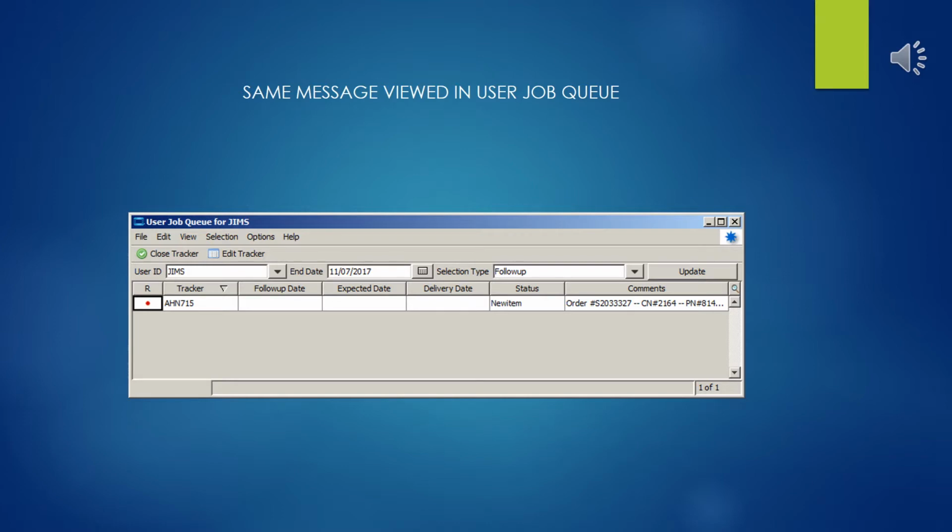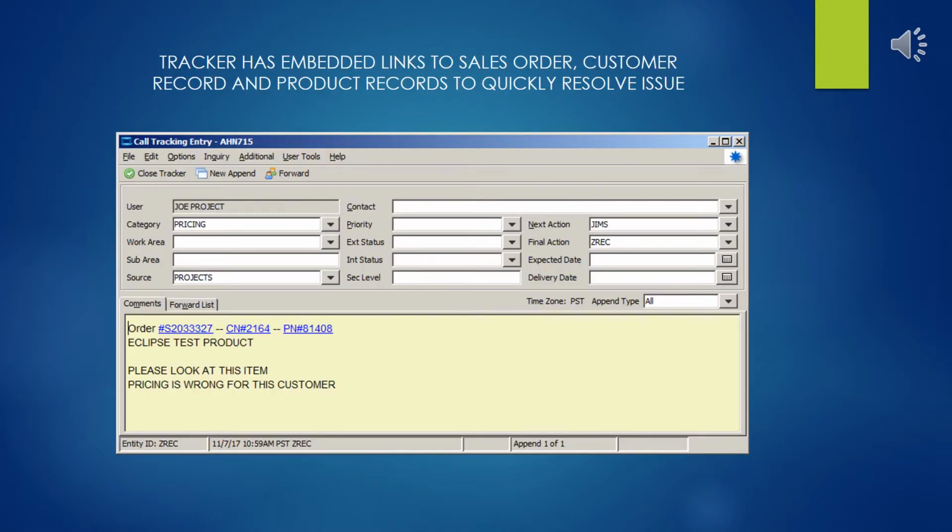Here's the same tracker but viewed from the user job queue, and once again notice the little red dot that's indication that this is unread and new. When we open up the tracker, we see the note of what it is that is expected to be done,